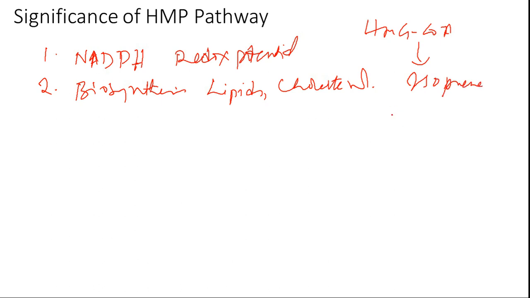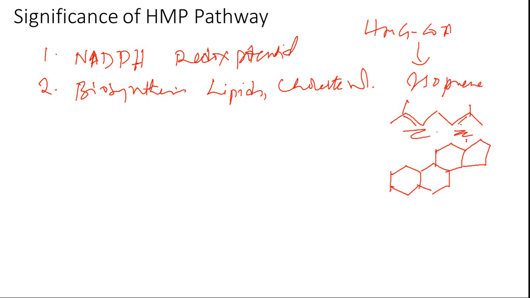Okay, isoprenes are 1, 2, 3. You will have a double bond. So these isoprene units are joined together so that terpenes are synthesized. So in all these you will find so many double bonds. So these double bonds are to be reduced at the end, so that so many such units are joined together to obtain molecules like cholesterol.